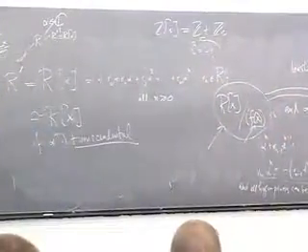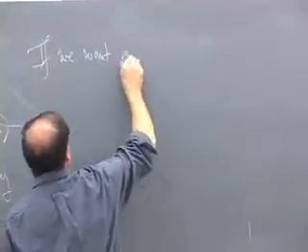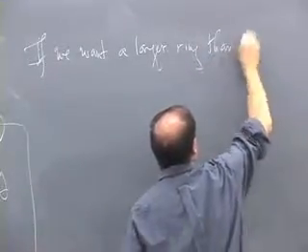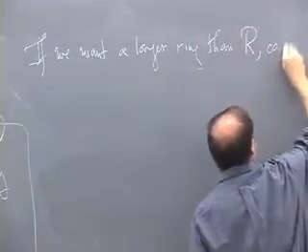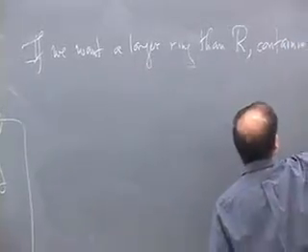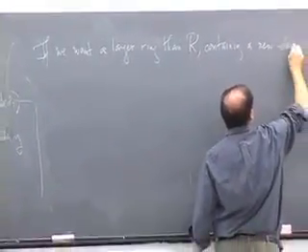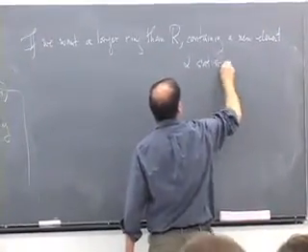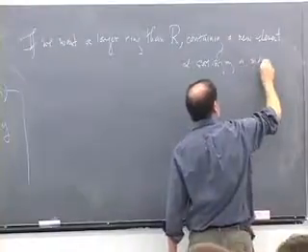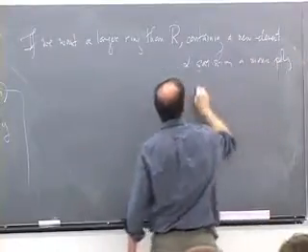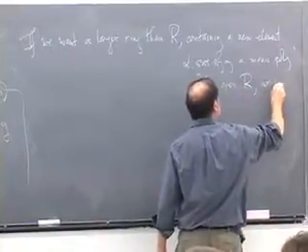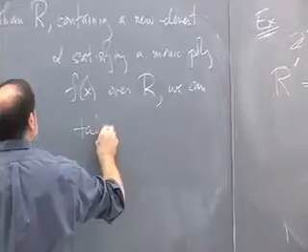Namely, if we want a larger ring than R, containing a new element alpha, satisfying a monic polynomial f of x over R, we can take the ring